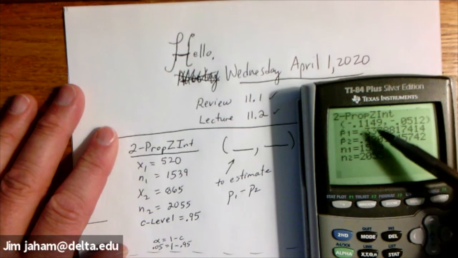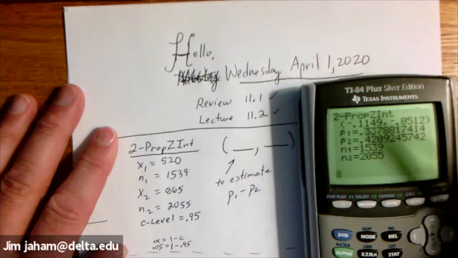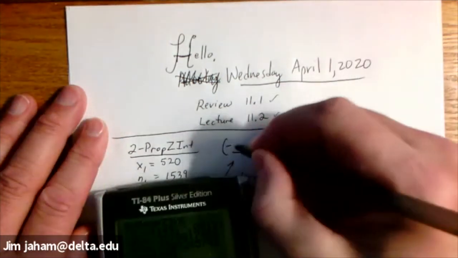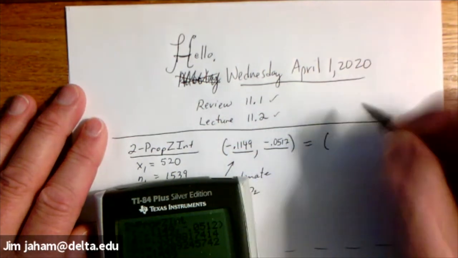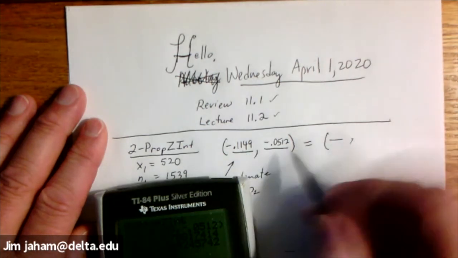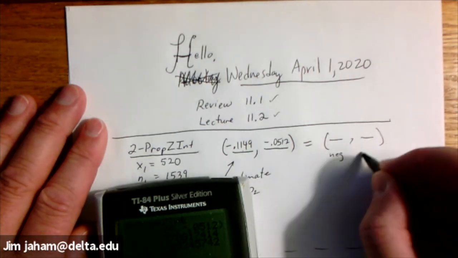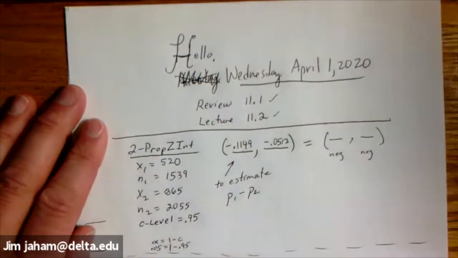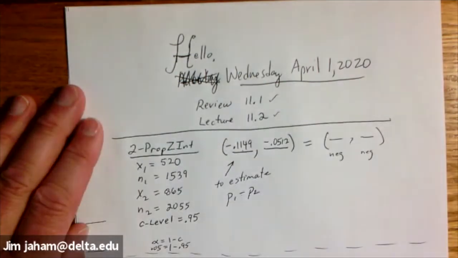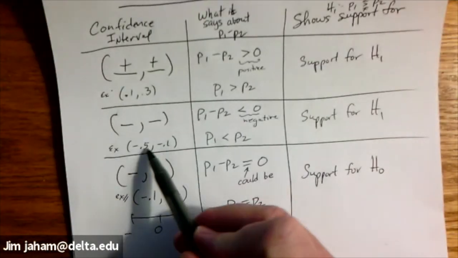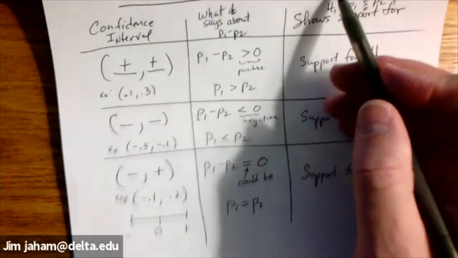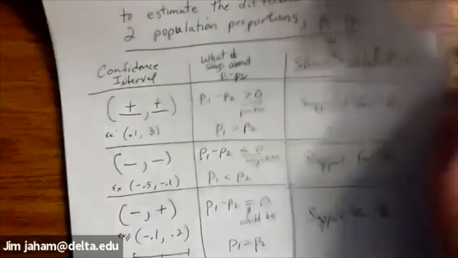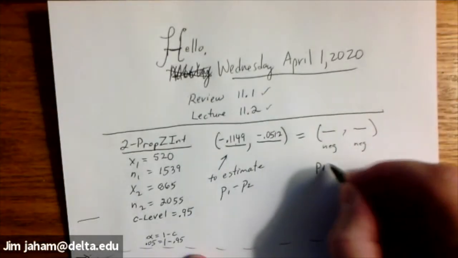calculate. Now, the actual numbers here are not what's important, but I will enter them in here: negative 0.1149 and negative 0.0512. All you need to know is that this lower bound is negative and the upper bound is negative. Negative, negative. So it kind of looks like this interval where you have a negative number there and a negative. So negative and negative. And since we're estimating P1 minus P2 here, then what we're saying is P1 minus P2,